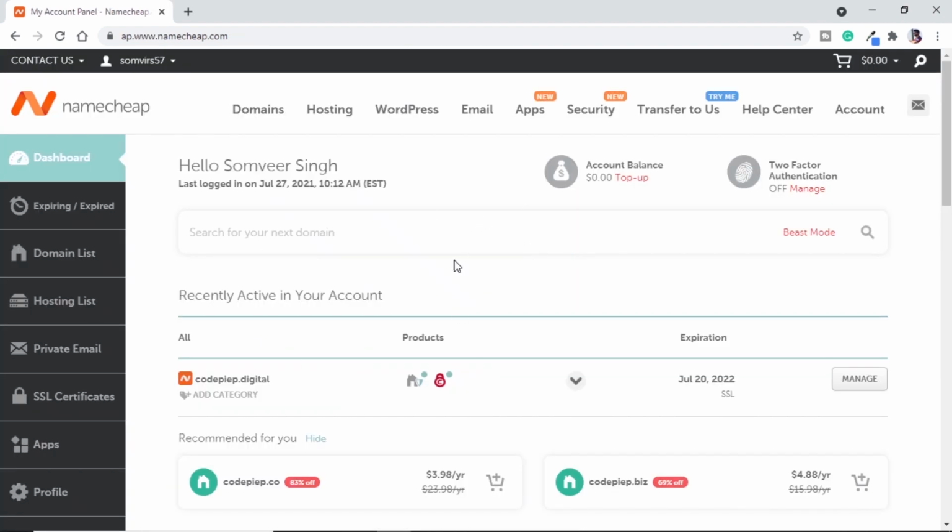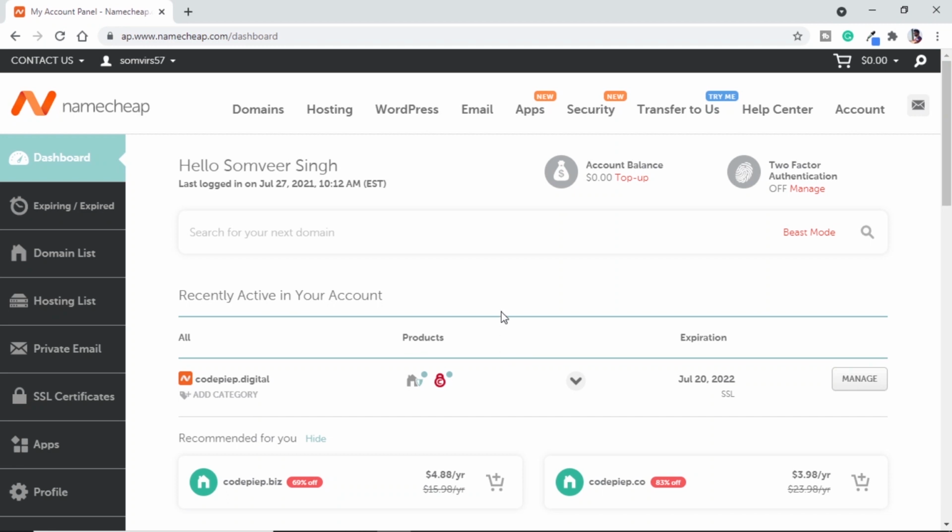So this is how the dashboard will look like. Once you buy the domain, you will need to verify it. You will get a mail to verify it. After that, you will also get one SSL certificate, that is the security certificate, that will be automatically installed, and then you will get a dashboard like this. So this is our domain. It will show us the expiration. Now we don't have to do much here. We just need to go to cPanel.